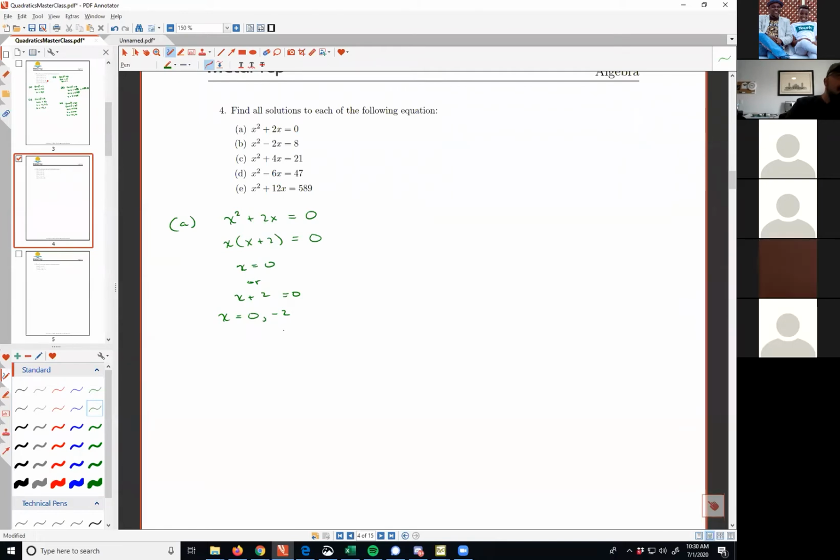Okay? So I'm going to do this in a second way. Up to this point, we've been able to take the square root every single time. Maybe we don't need to. Maybe some of you know how to factor or will learn how to factor well enough to solve a lot of these quadratics. But I would like to know how to take the square root. But if we just take the square root of this one,